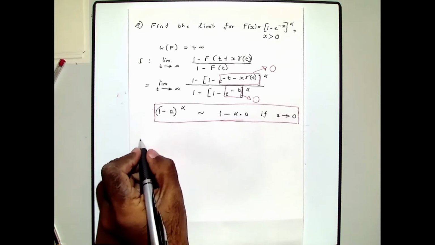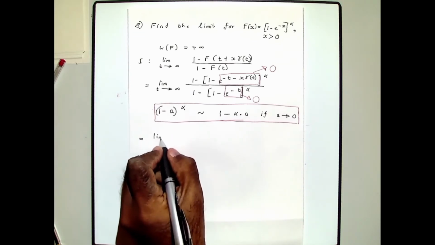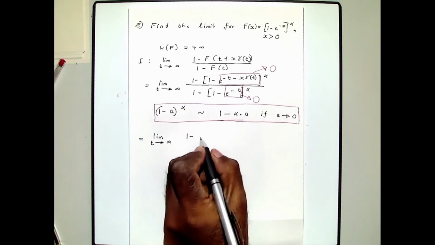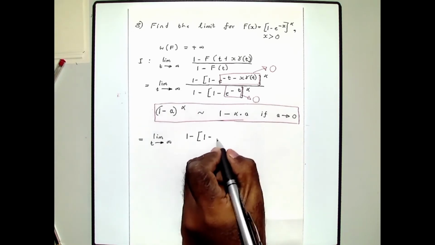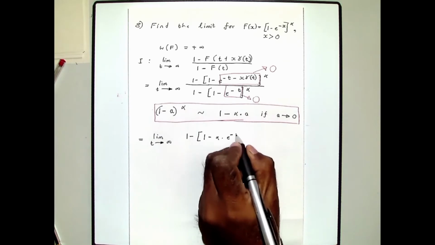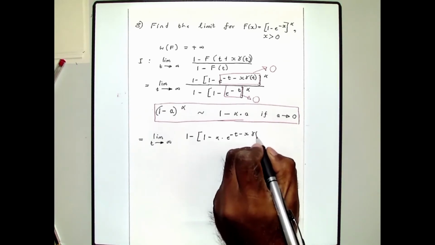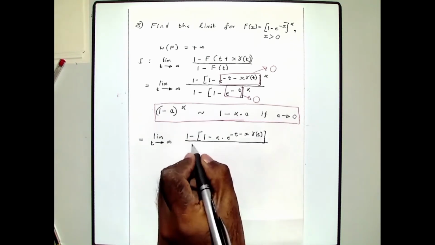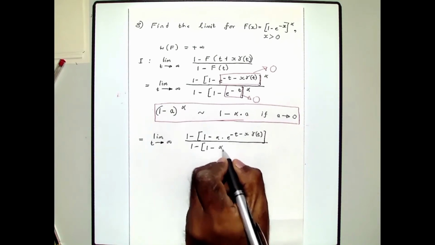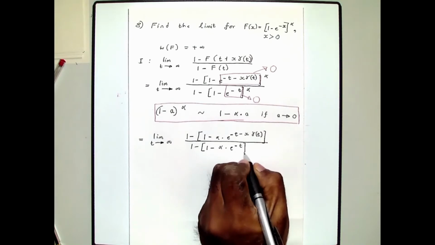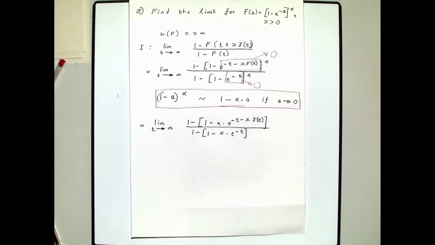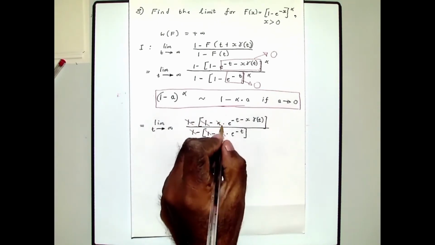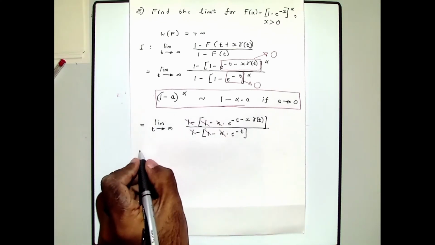So using this result, you get 1 minus alpha times... right, the two ones cancel out and the alphas also cancel out, so you get the limit